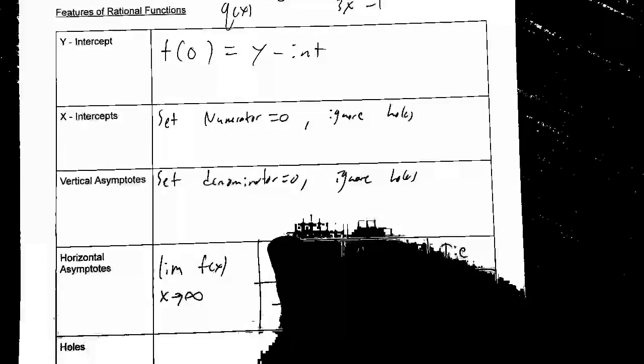And so we have the 3 situations. Do you remember the 3 situations? We have top heavy, bottom heavy, and then a tie, right? If it's top heavy, something like x to the third over x squared, it's going to be none. There is no horizontal asymptote. If it's bottom heavy, something like x squared over x cubed, that's going to be 0. And if it's a tie, something like 3x squared over 2x squared, it's the ratio of their coefficients, so 3